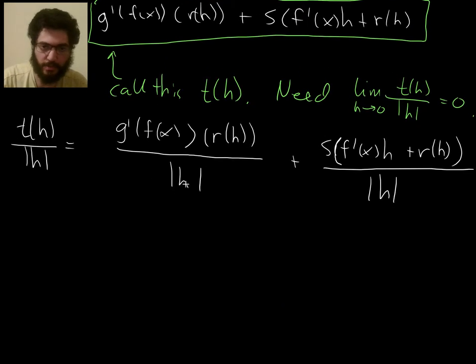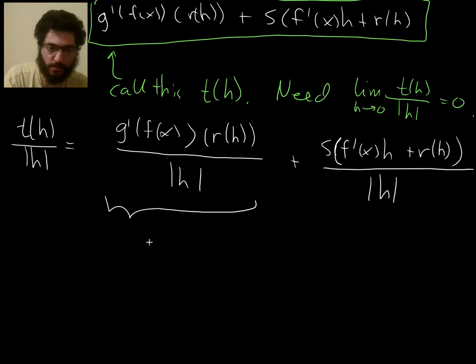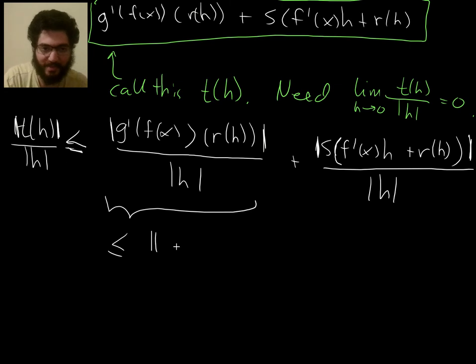So we are trying to show that this thing limits to 0. Just like last time, this causes no problems because it's bounded above by, in norm, so let me stick some extra norm bars here, and let me use the triangle inequality here, so I can stick norm bars here and here individually on these terms. Then this thing is bounded above in norm. This thing is bounded above by the norm of this